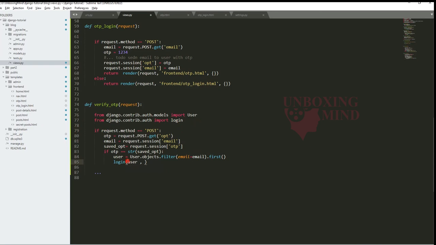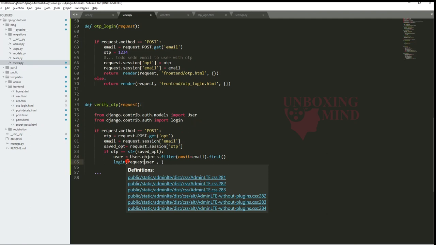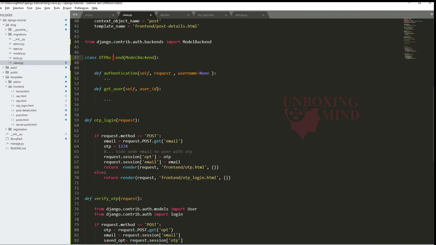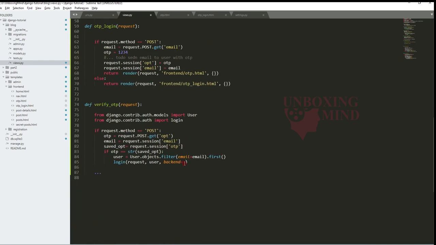Now by using this login, we can authenticate our user. We can forcefully log in this user into the system. So this login accepts the first parameter as the request, the second parameter as the user, and the third parameter as the backend.